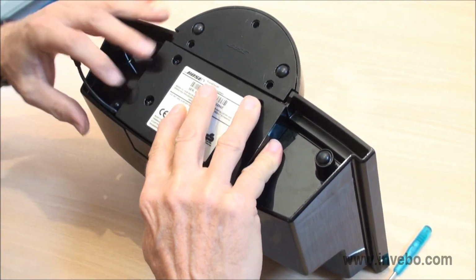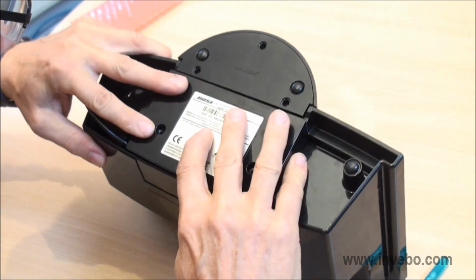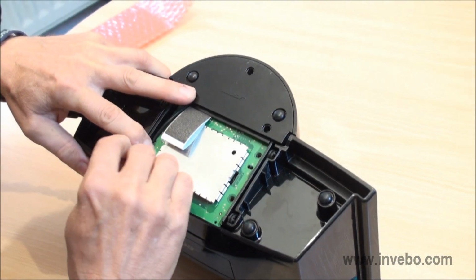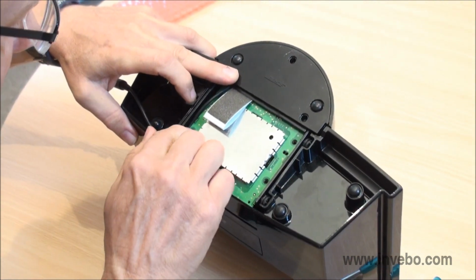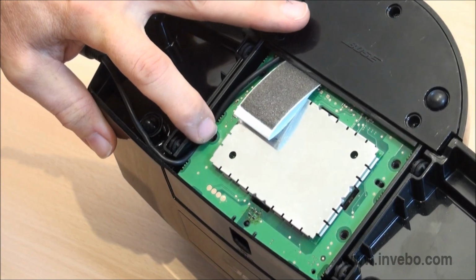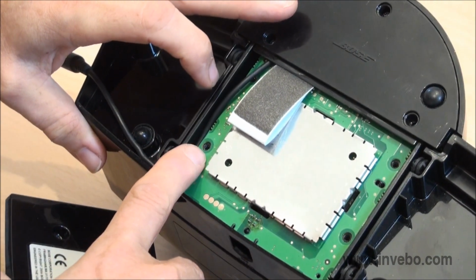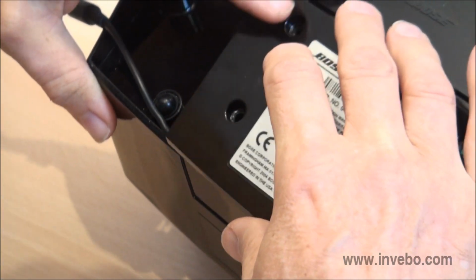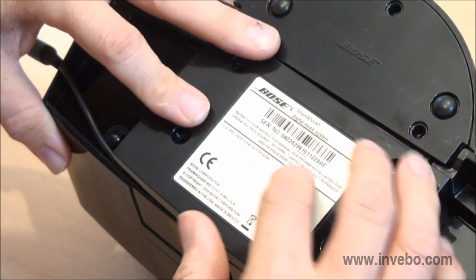I'm trying to do this on the tabletop, but I'll just reroute the cable again down the side there. Be careful you don't get it trapped underneath this boss. If the cable wanders out from where it is now, it can be over that hole, and of course that's going to interfere with that plastic boss, so it needs to be tucked down the side of the sound processor. So back on again,